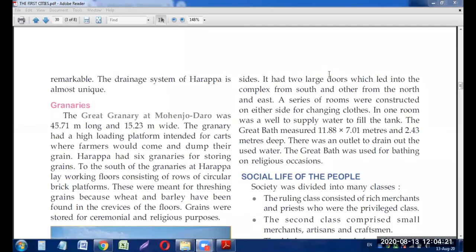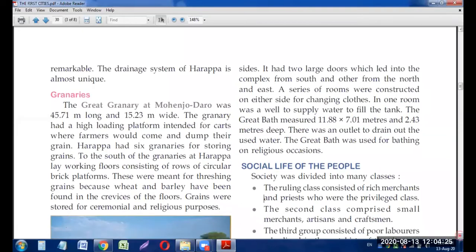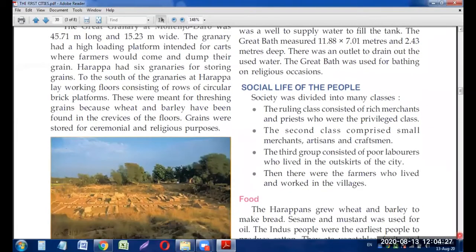Okay, my dear students, the next topic is about the social life. Right, how did those people live in society, how they were living. So society was divided into many classes. Nowadays also you will find our society is divided into many classes: upper class, lower class, Dalit people, Ansari people. There are many types of people we have divided among ourselves, but the Almighty has not divided us. We the people have divided our society into different classes. So likewise they were also divided into many classes in those times also.